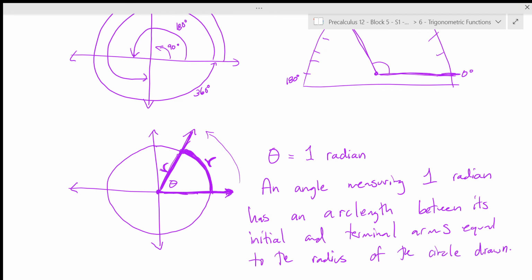And what we find is that no matter how big we make that circle, the angle